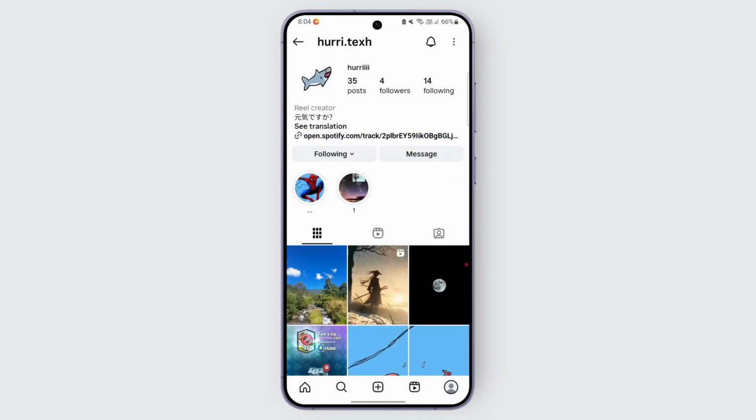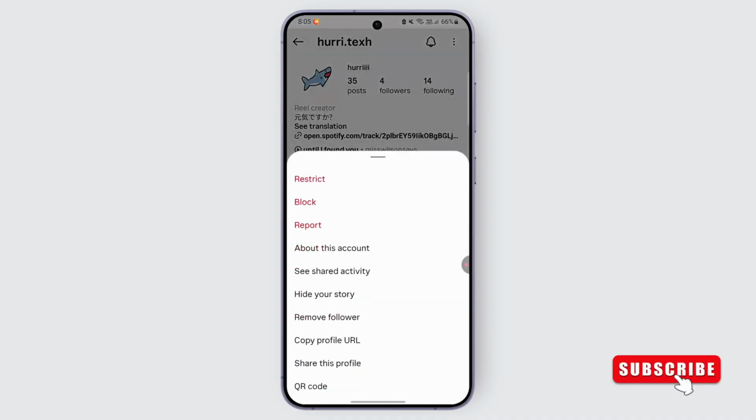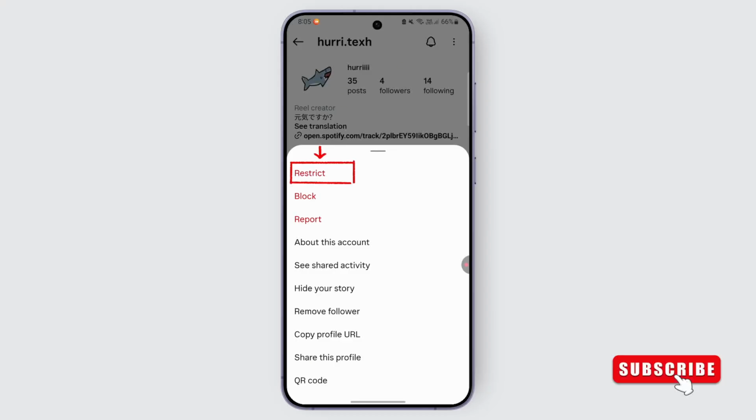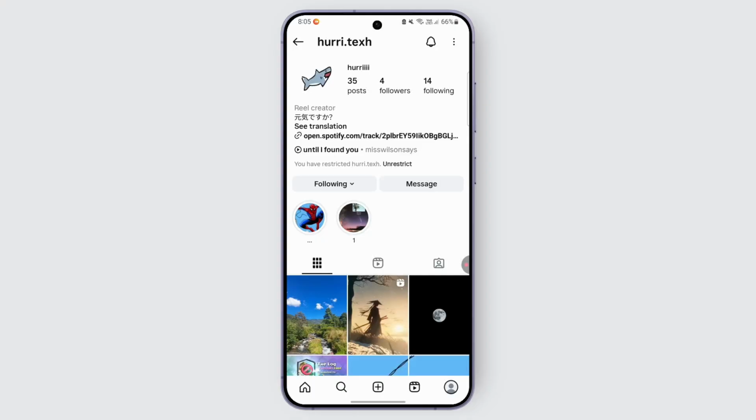And once you find their profile, all you gotta do is basically go ahead and restrict or block their account. So when you restrict or block someone, it will prevent them from appearing in the suggestions. So you can just go over and look out for the three dots in the top right corner and tap on it. And once you tap on it, you can select the option of restrict and just go ahead and confirm it, and it will basically hide that particular person from the share list